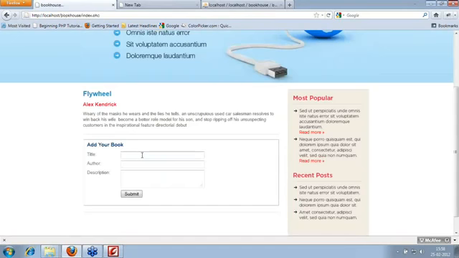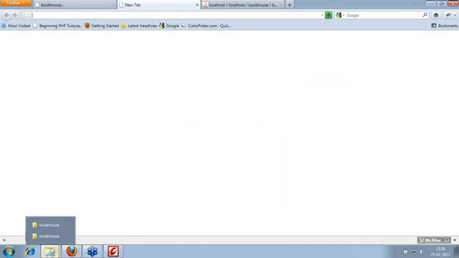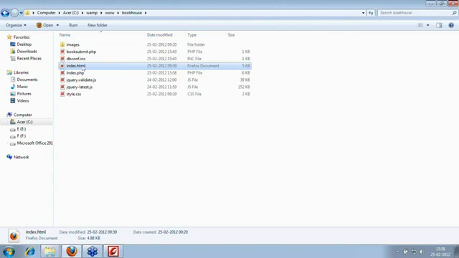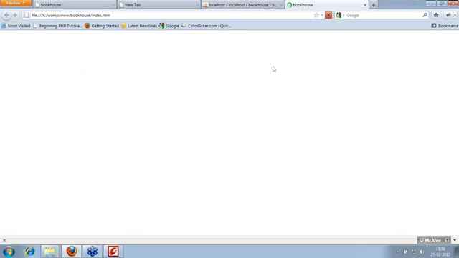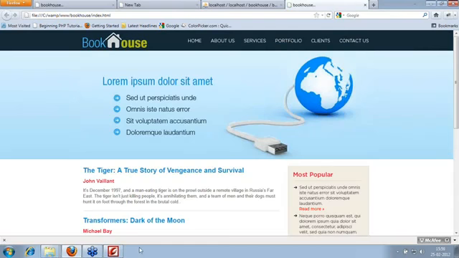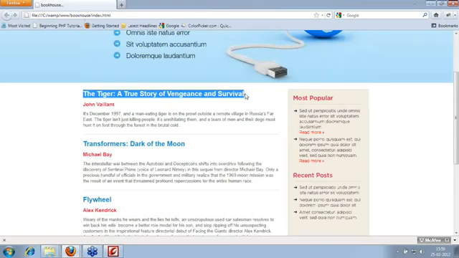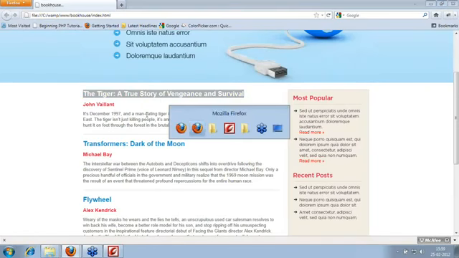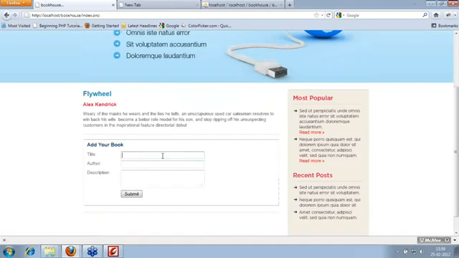I'll just add one more value which will go to the next page, store into the database and redirect back to this page. So let's take the value from our HTML page. So I'll open my HTML page out here. I'll open in a different browser so I can switch it easily. Okay, here it is. So I'll use the tiger, a true story. Let's go and store into the database, use the same form.